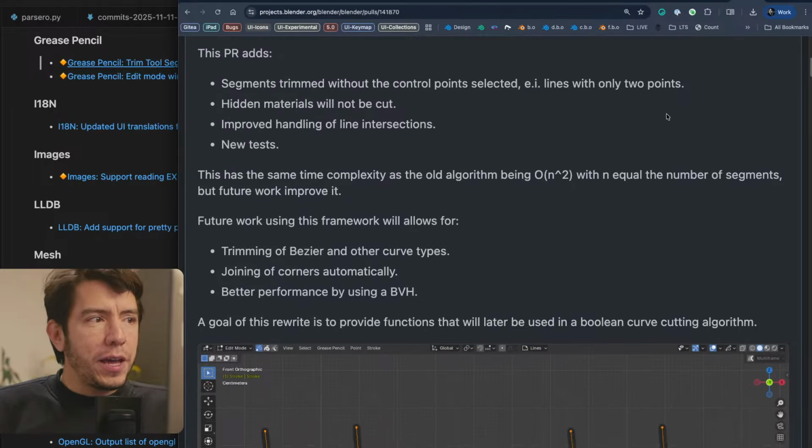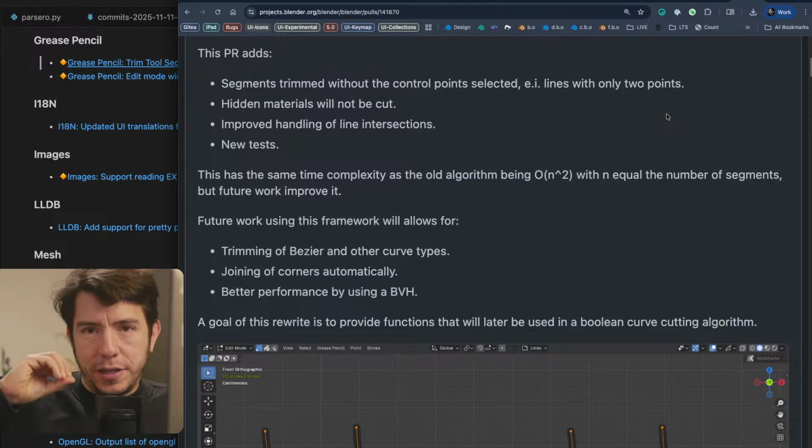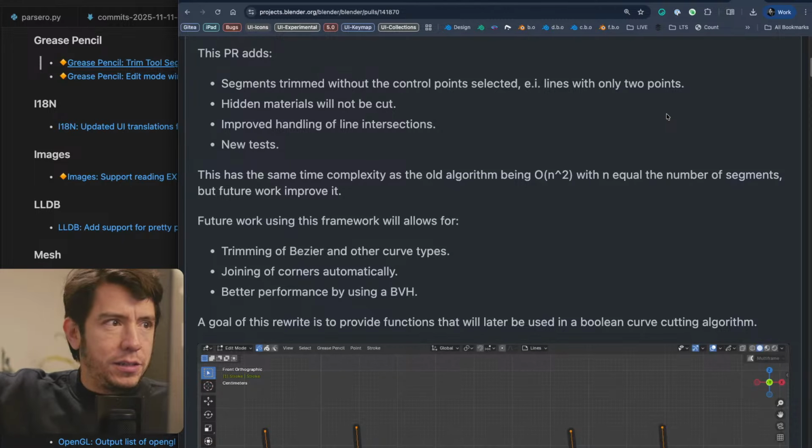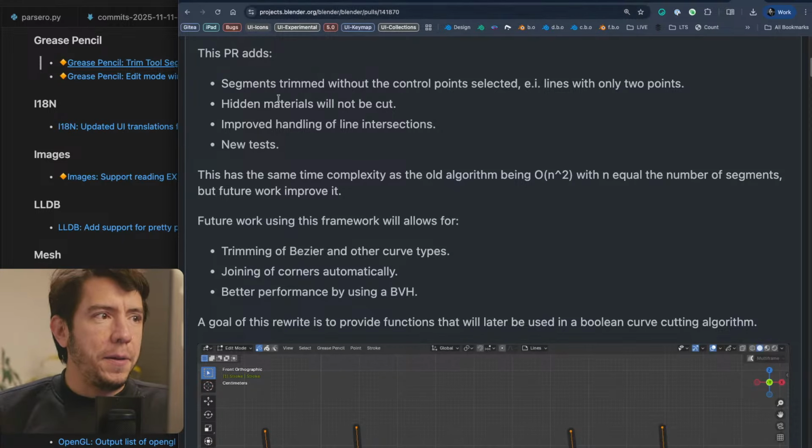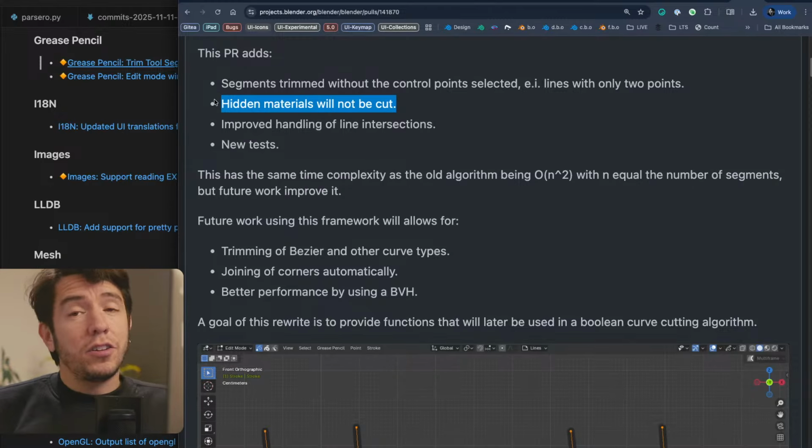So this PR makes a few changes, but actually opens up the door for many big changes. What this does is trim segments without the control point selected, lines with only 2 points. So if you don't have the control point selected, it will only trim that area, the ones with only 2 points. Hidden materials are not going to be cut, so you're not cutting things you don't see.